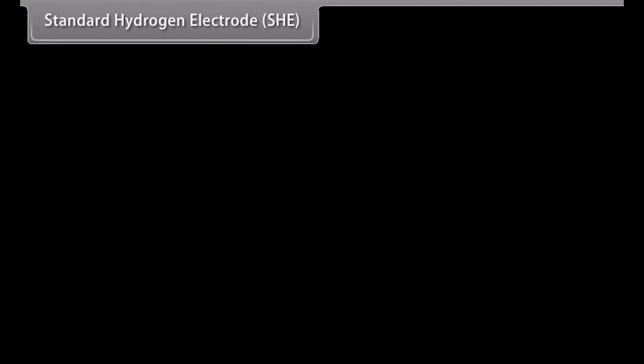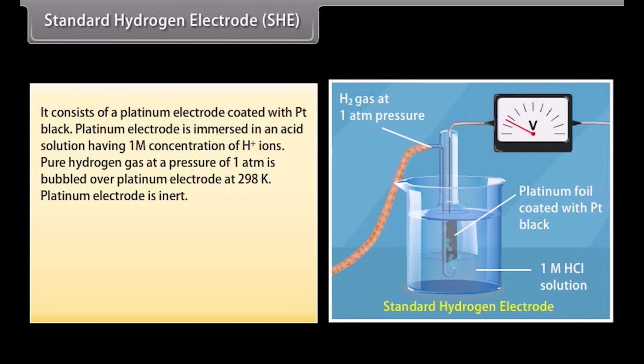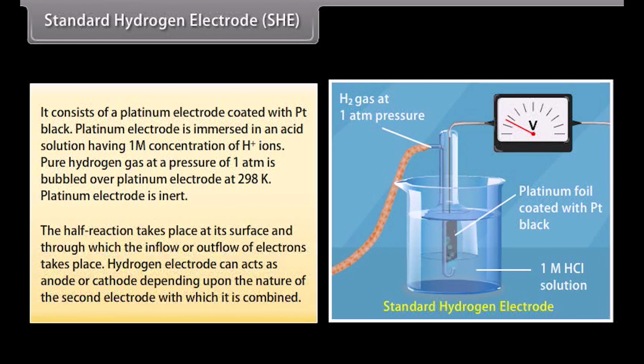Standard hydrogen electrode, or SHE. It consists of a platinum electrode with platinum black. The platinum electrode is immersed in an acid solution having 1 M concentration of hydrogen ion. Pure hydrogen gas at a pressure of 1 atm is bubbled over the platinum electrode at 298 Kelvin. Platinum electrode is inert. The half reaction takes place at its surface and through which the inflow or outflow of